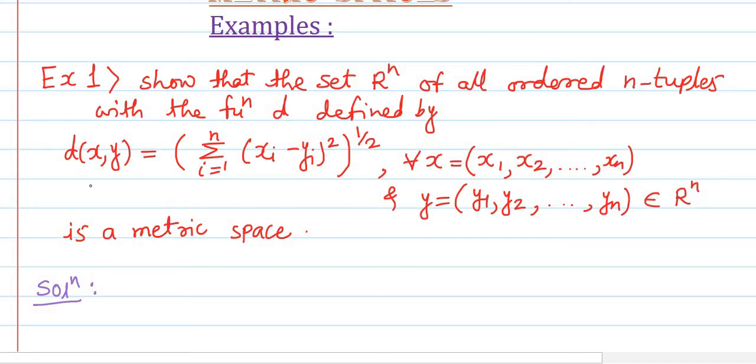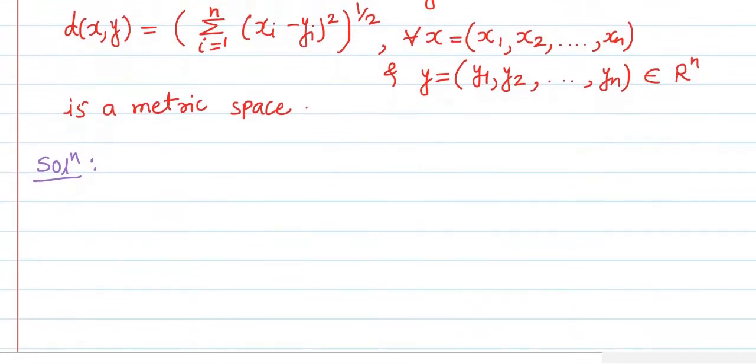Number third, D of xy is given by this formula, and it is clear that this is same as summation over i equal to 1 to n (yi minus xi) bracket square whole bracket raised to 1 by 2. Okay, because we know that (xi minus yi) bracket square is same as the (yi minus xi) bracket square. So which means that D of x comma y is equal to the D of y comma x, which means that the symmetry condition also holds here. So first 3 conditions we have checked orally, and all 3 are satisfied.